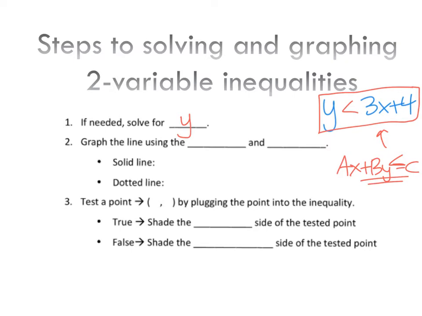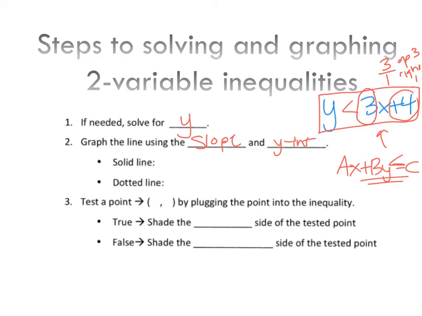So for the second step, in order to graph the line, it's just like we graphed lines in our first lesson of this linear unit, we are going to use the slope and the y-intercept to graph the line. And remember, you just need 2 points to create the line. So once you know that y-intercept, in this case it'd be positive 4 here, we graph that point first, and then of course we'd use that positive 3 as 3 over 1, so that means up 3 to the right 1 in that case, right? So make sure you got the 2 points,